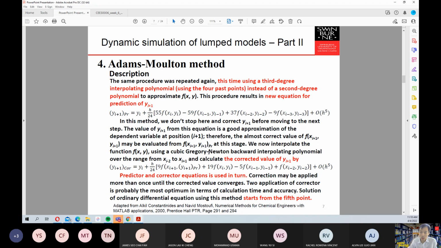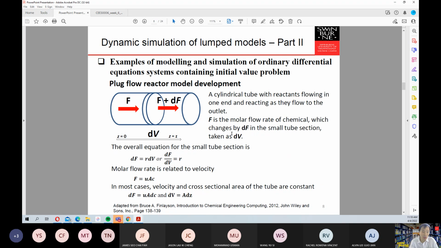Generally, the solution of the ordinary differential equation using this method will start from the 5th point. Okay, guys, I don't really go into the details of trying to solve these things because this method is a bit more complicated, but the main important thing is that you know that such a method exists, a multi-step method, so you are prepared to get a tool in case you need to use these things, but I will not go into the details. Instead, I will just go into a sample that is a bit simpler for you to understand.